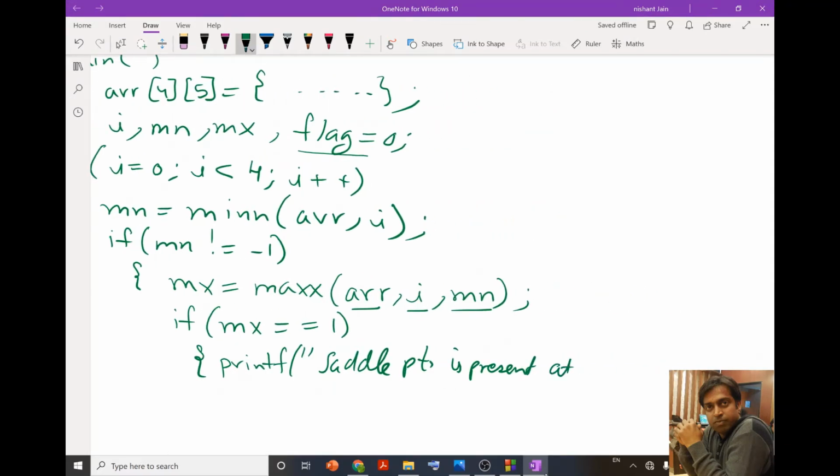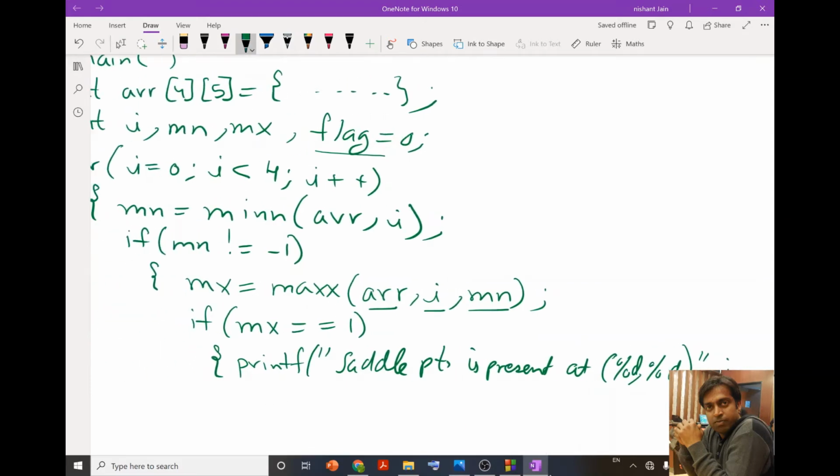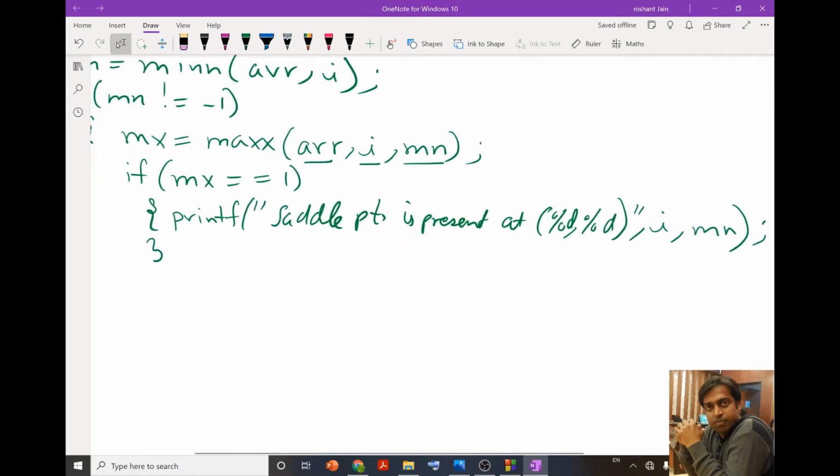at. Okay, and now I can end over here. Else, okay, before ending I should also change the value of flag to 1, so that in the end when I put a condition, if flag is equal to 0, then since flag is 1, that condition will become false and we are not going to print over there that our matrix does not have a saddle point. So I will end my if here,